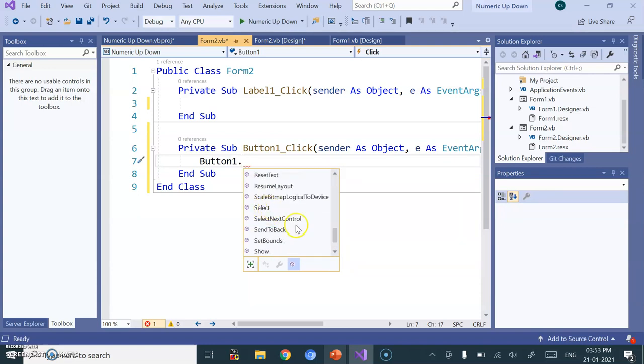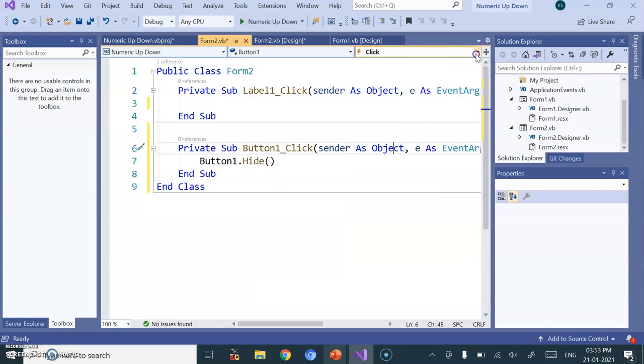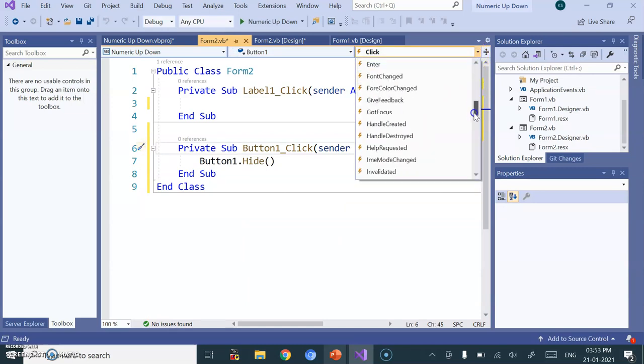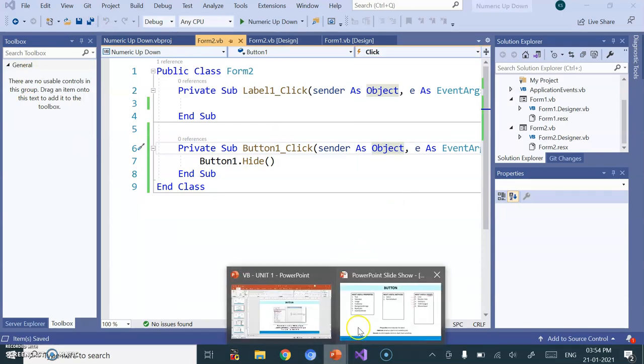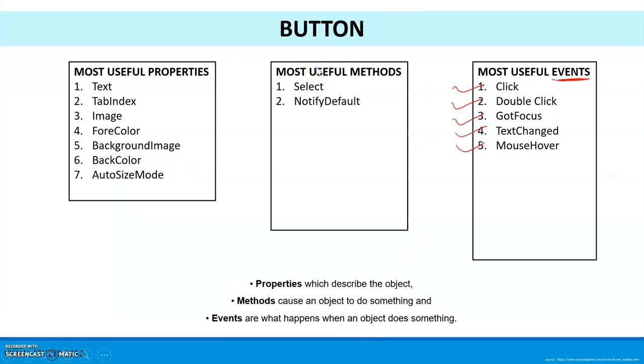Select method is there, we discussed, show method is there, so many methods are there, and here we have the list of all the events. You can pick any event and you can write your code. So this is about the button which you can use in your VB project. Other components we will discuss in the next session.